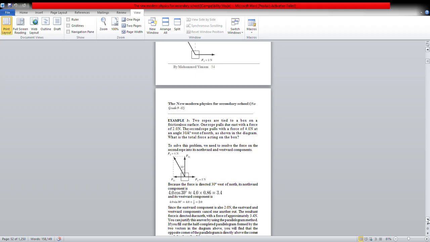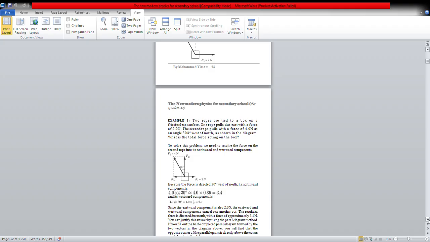To solve this problem, we need to resolve the force on the second rope into the northward and the westward components. You can see from the figure that force 1 is 2 Newton, and force 2 is equal to 4 Newton at 30 degrees from the vertical in the second coordinate plane. Because the force is directed 30 degrees west of north,